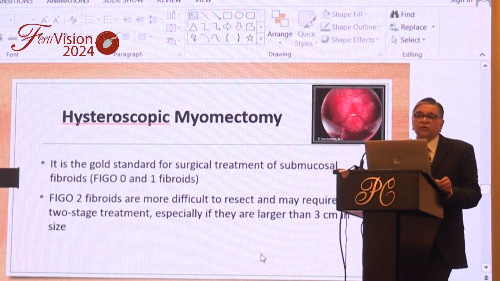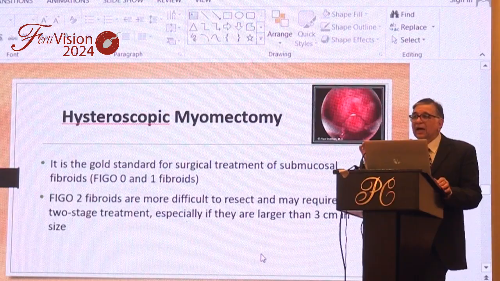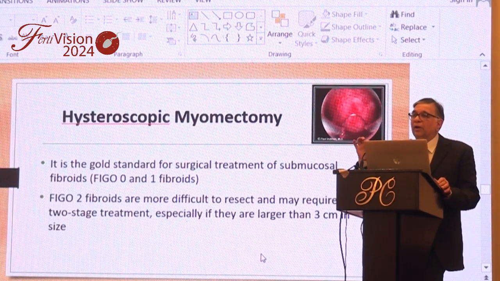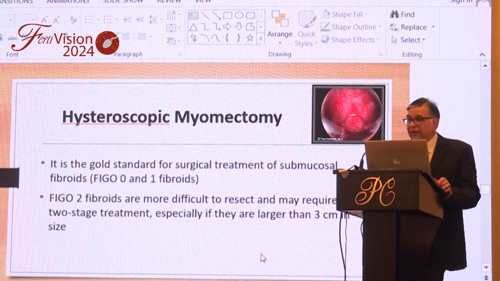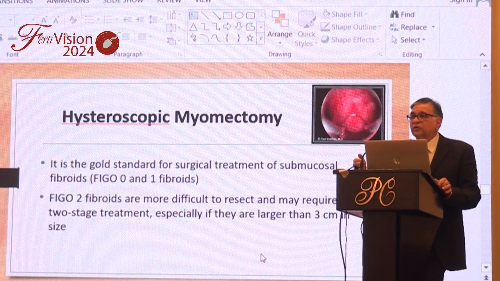You can take them out hysteroscopically, and again, I see a lot of this going around. Patients, obviously for good reasons, do not want a laparotomy and want a simpler solution to that. But for fibroids which are a little deeper into the myometrium, removing them through a hysteroscope can be dangerous. And second, I've seen multiple partial removals of fibroids hysteroscopically, with the fibroid going back again or fertility not being